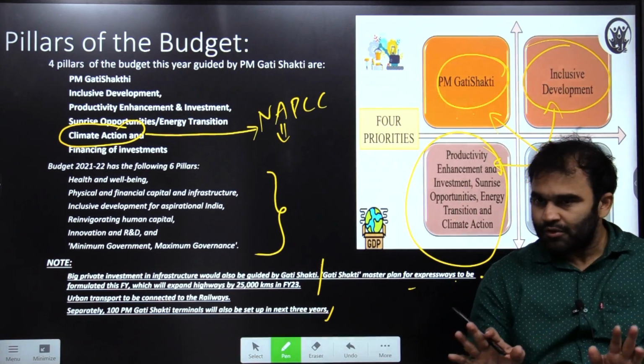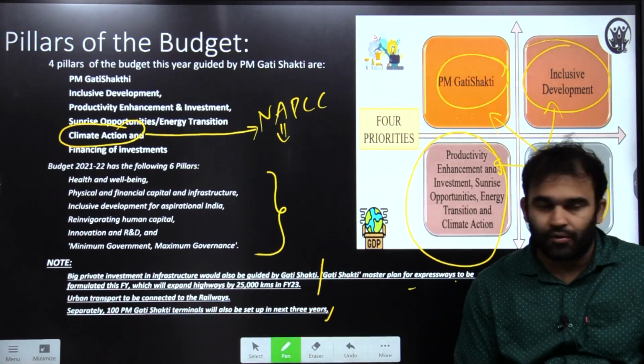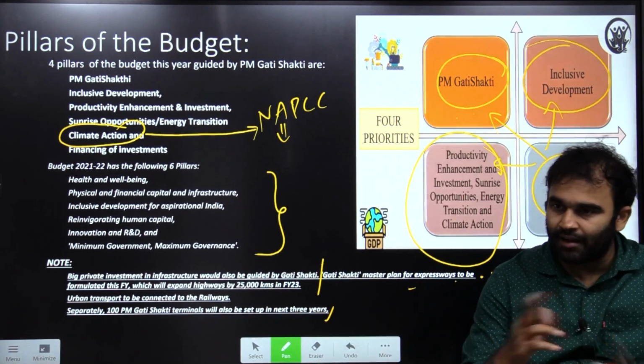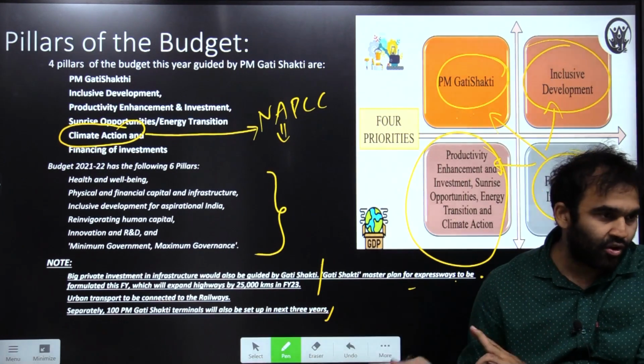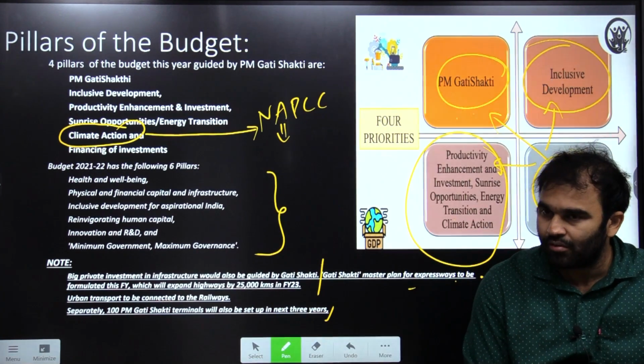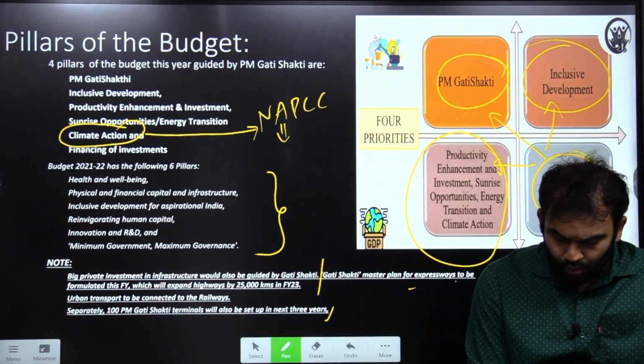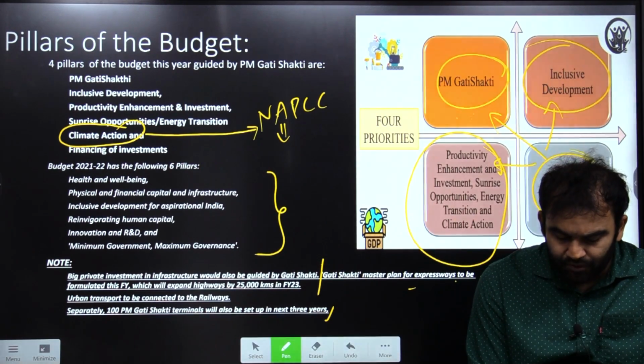Then, while going through this, most of the time while I am talking in these 4 or 5 sessions, I will be switching back and forth between the budget and the economic survey. That way it will become easier. Don't separate both of them. So, another type of questions